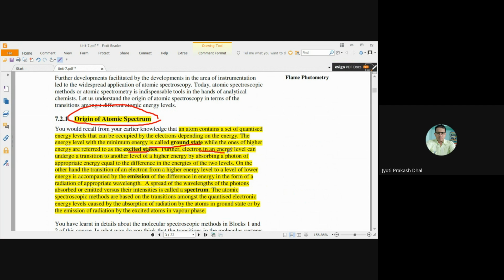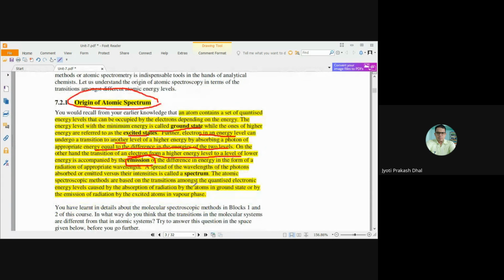Further, the electron in an energy level can undergo a transition to another level of higher energy by absorbing a photon of appropriate energy equal to the difference of the energy of the two levels. On the other hand, the transition of an electron from a higher energy level to a lower energy level is accompanied by the emission of the difference in energy as radiation of appropriate wavelength. A spread of wavelengths of the photon absorbed or emitted versus their intensity